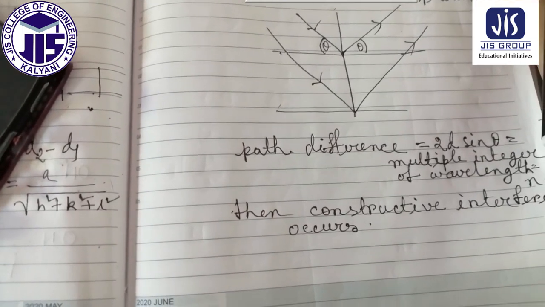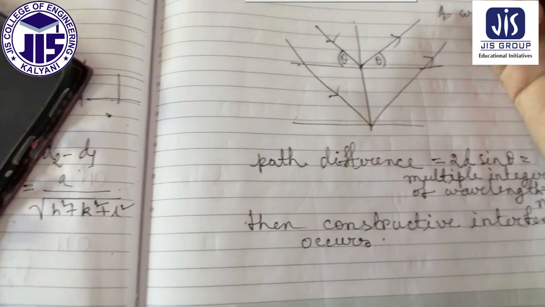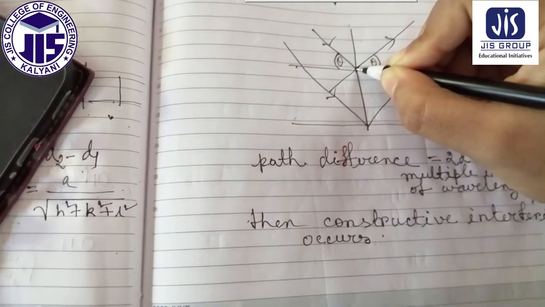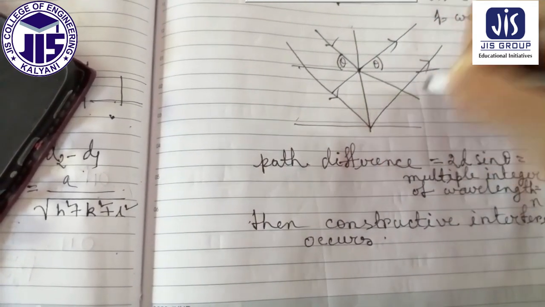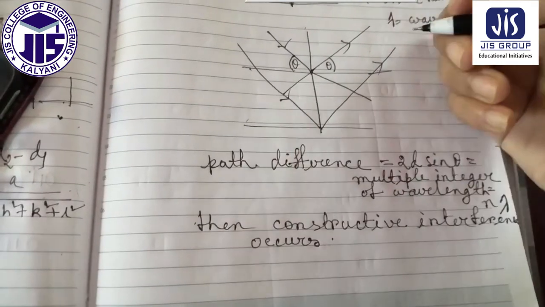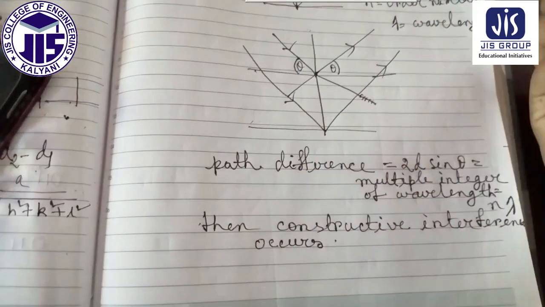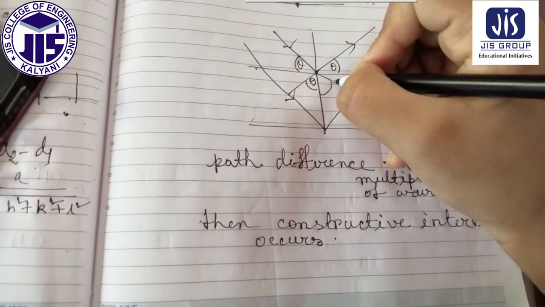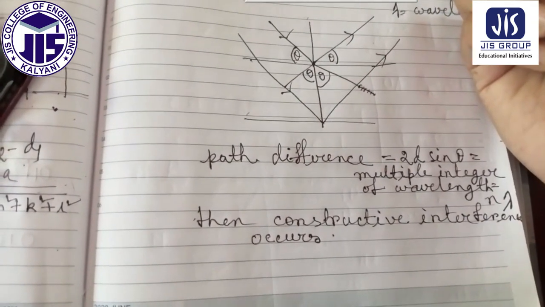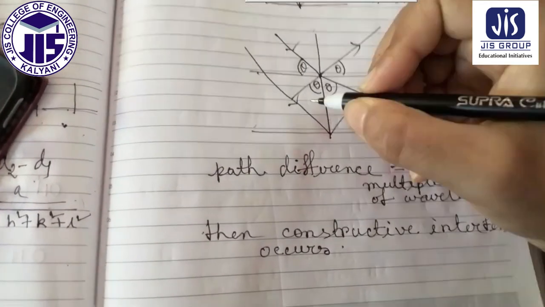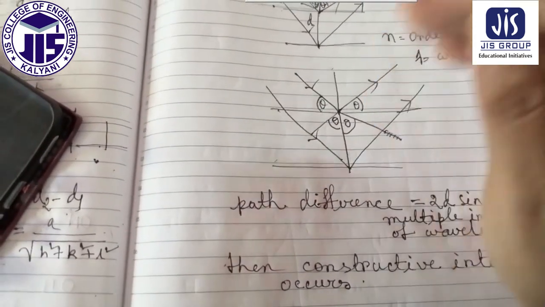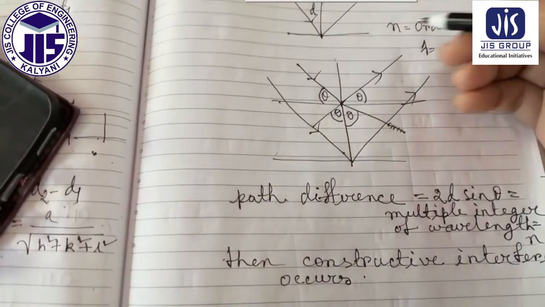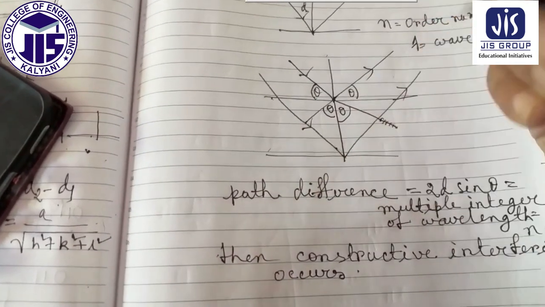Okay. Now first we have to prove it. How to prove it? Here this is the perpendicular. Here also this is the perpendicular we have drawn. Now if this is theta, then this will also be theta. So how to prove it we'll do in the next class, but this is your task. You first try to find out yourself from this figure how you can prove 2d sin theta.